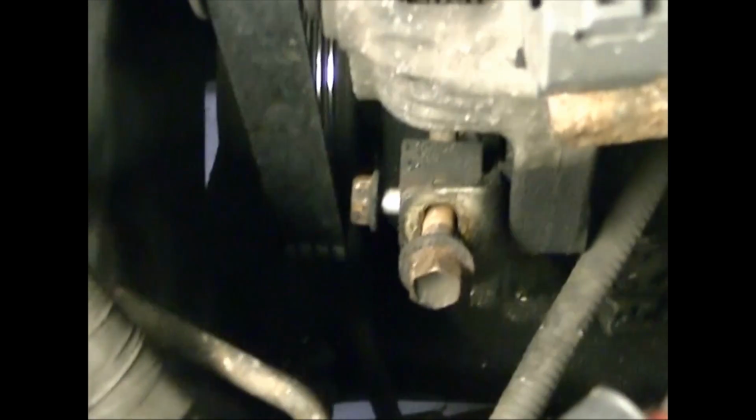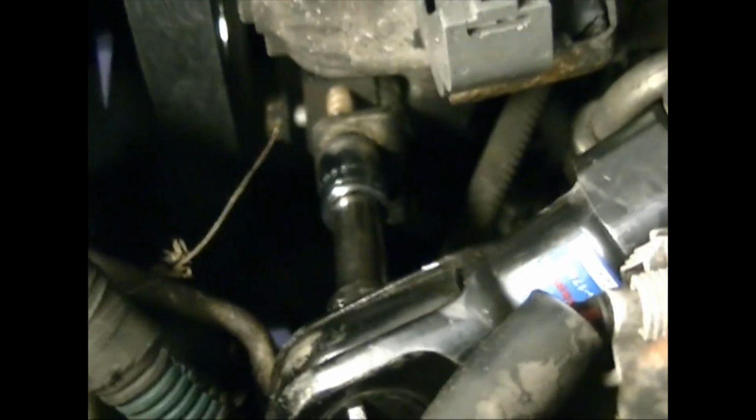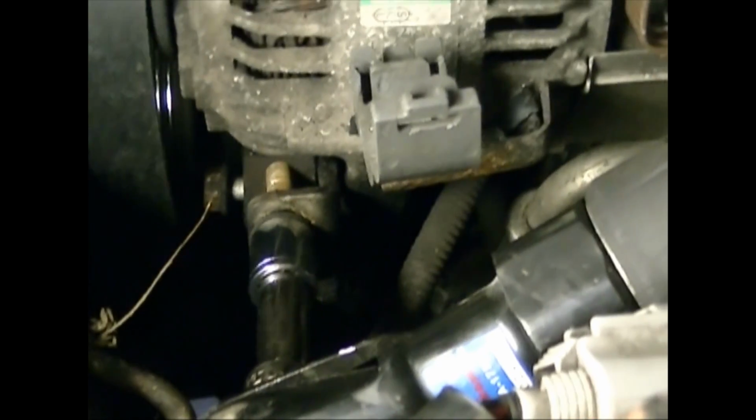So before taking the whole thing out, I just have these two loose. I'll go ahead and loosen this one other bolt that's holding it on. And this last bolt is a 14 millimeter. So we'll continue to loosen up the tension bolt until the belt is...